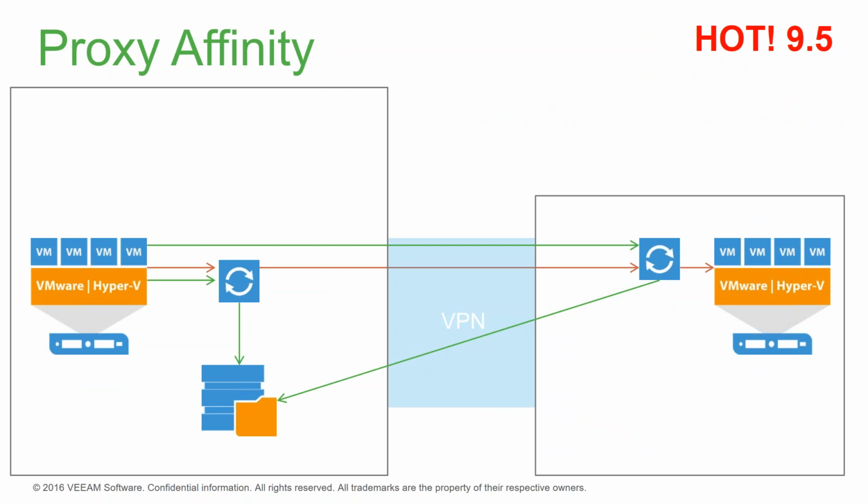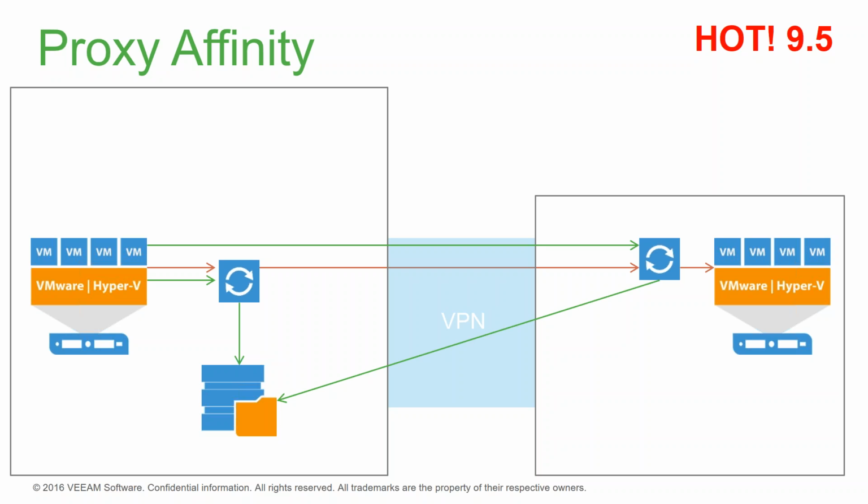Now, proxy affinity is something that we added in version 9.5. And this is actually a situation that I encountered in November. What the customer had was one big, strong proxy sitting in production that was being used to do the local backups. And that proxy could handle about, I don't know, it was about 12 VMs at a time, 12 VM files. But their jobs had up to 20 or 30 different VMs in them. And so